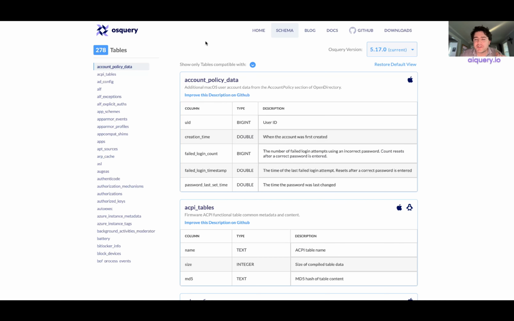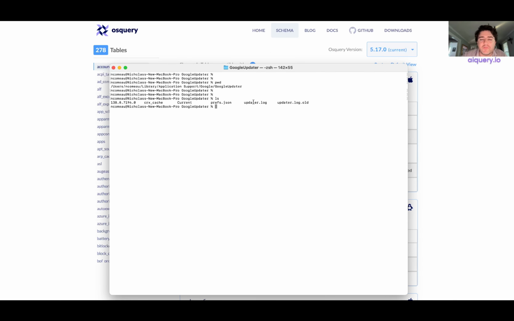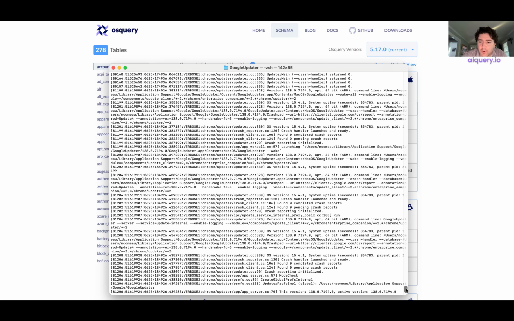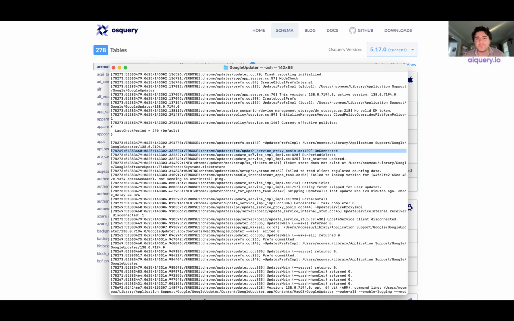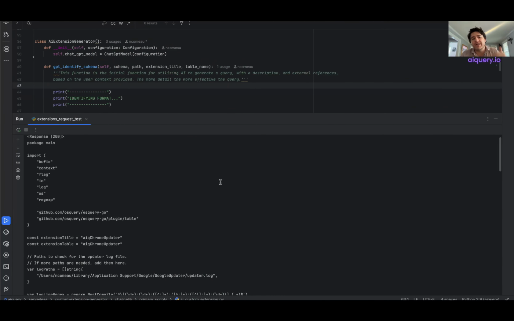Well, let's take a step back to the prior example from the last video where I said, just as a brief example, I wanted to gather the information of Chrome updates by pulling this updater.log. Well, there's not a table for that, so if I cat out that log real quick just to see its contents, we can see it is a very verbose log with a ton of information that's roughly structured. It's more semi-structured rather than key-value pairs, which would be nice and convenient. But what we can do is take a little snippet of this log and feed it into our AI extension generator and have it generate a nice verbose Golang,